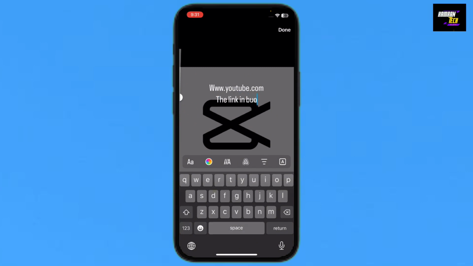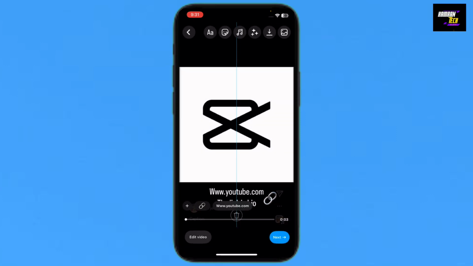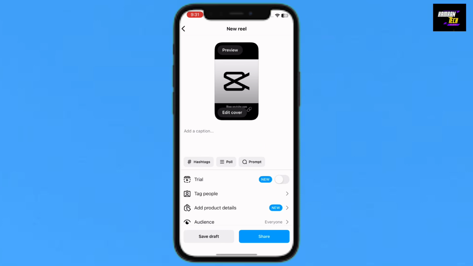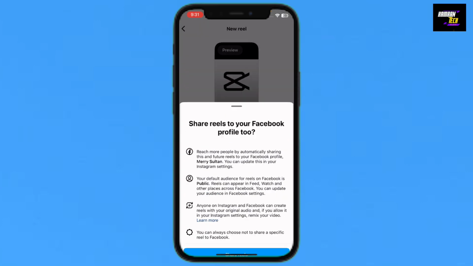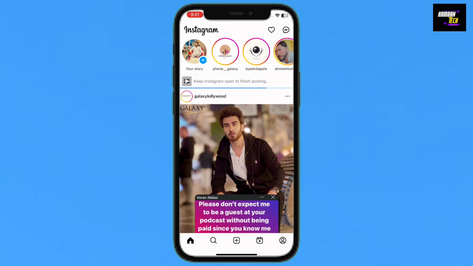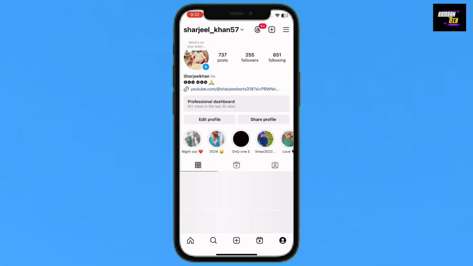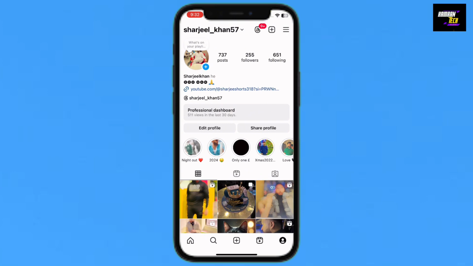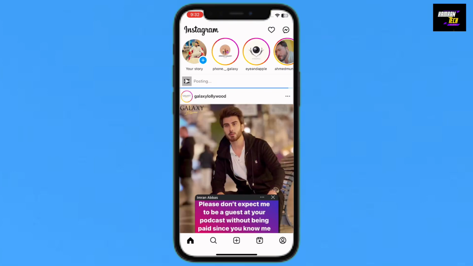in bio, and just tap done, then tap next like this, and simply tap share. When it's uploaded, make sure you attach your link in the bio like this. I will just attach it, so when it's uploaded and your audience sees it,